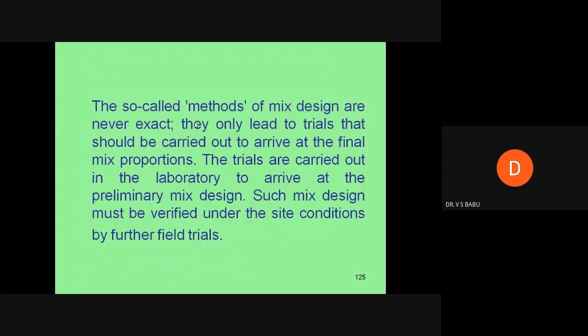Suppose your LHS is equal to RHS, and a thoroughly proper formula is there. At that time there is no need to go for the mix design and the trial mixes. What engineers generally do is design the concrete mix, say M30 grade concrete, and test their aggregates, sand, cement, etc. Based on the test results, they cast 3 cubes. And if those 3 cube results are more than the target mean strength, then your mix design is okay.